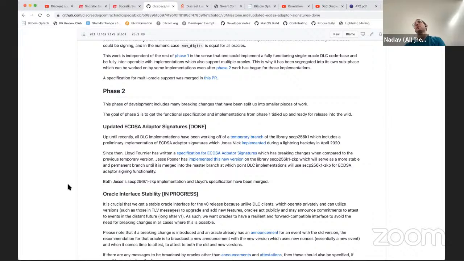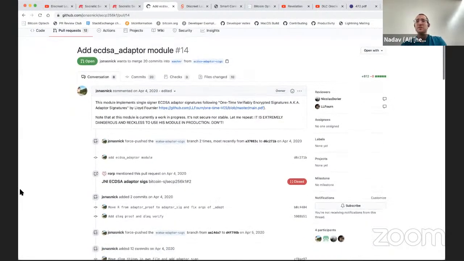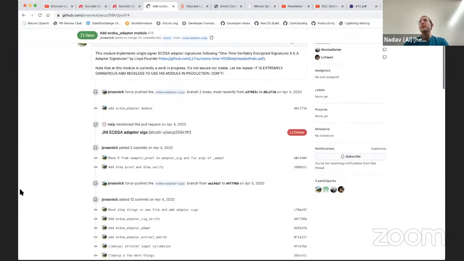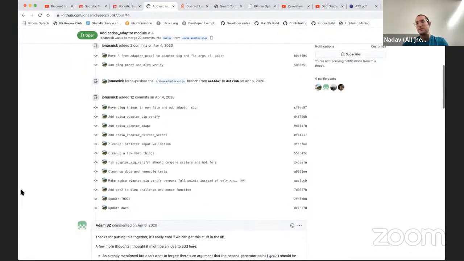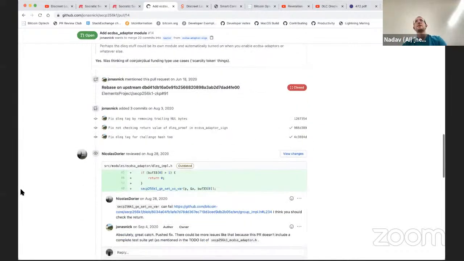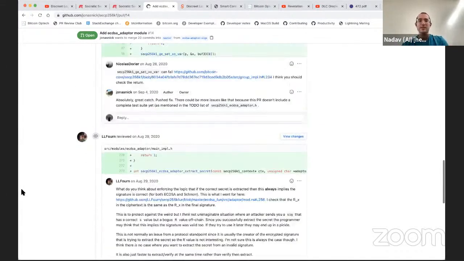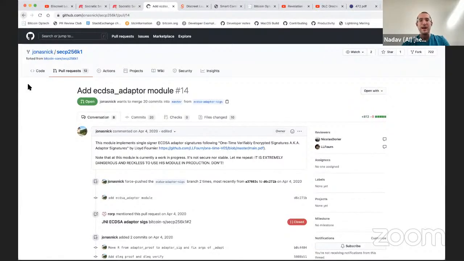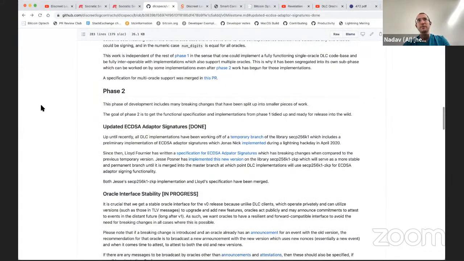And then there was an online hackathon, Lightning Hack Day, that me and Jonas, Nick, and a bunch of other folks from Suredbits and some others, Waxwing, Adam Gibson, and Lloyd was also involved. We got together and we implemented ECDSA adapter signatures and a little thing built on top of them. And so that was the first implementation of ECDSA adapter signatures, in April of 2020.